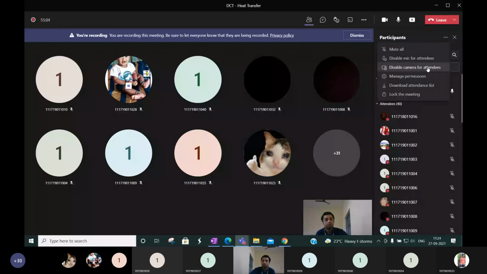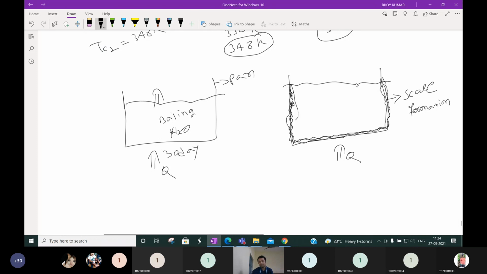Not able to tell this one also. Simple logic question. This is not related to heat transfer. You may be experiencing these things daily in your home. Why are we cleaning the utensils daily after use? The first purpose is hygiene. The second purpose is we are generally dealing with water, and this water will form the scale after multiple heating, or the salts that were present will get deposited, and this scale will provide resistance to heat flow.